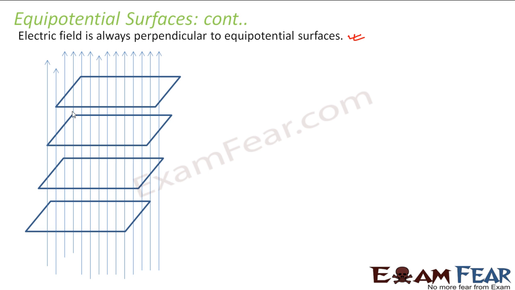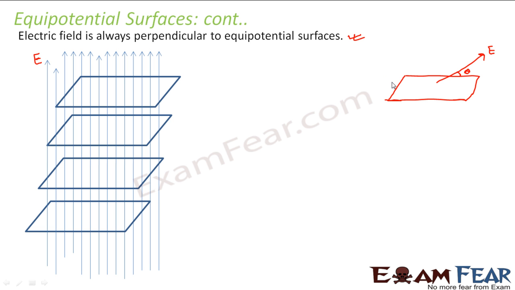Let us look at this. So here these are the electric fields and these are my equipotential surfaces. Here you can see from the diagram it is clear that electric field is perpendicular to the surface. Now let us assume that this is not true. Let us assume that we do not know whether the electric field is perpendicular or not. So let us assume that this is my surface and electric field is making some angle theta with the surface. Let us suppose this is my electric field vector.